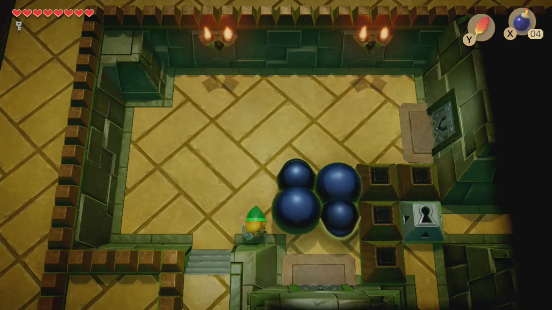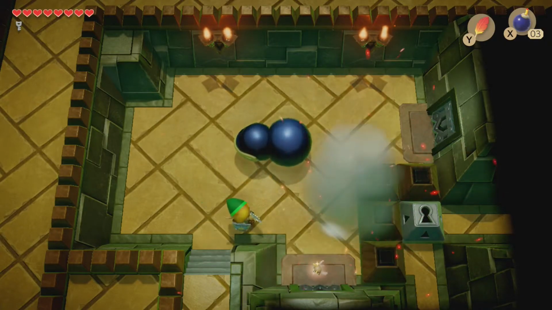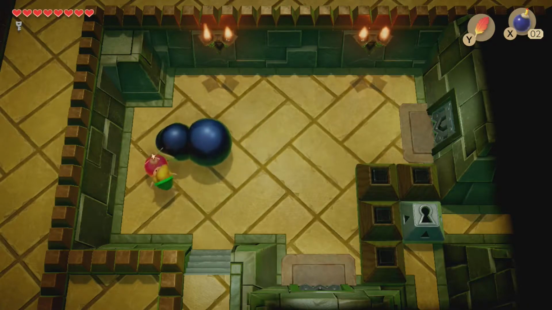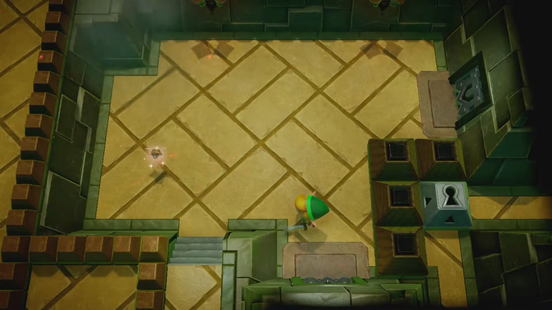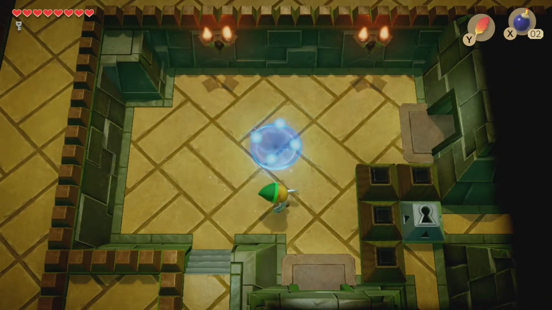Now they're in the way of each other. We can't really accomplish anything like this. That guy will swallow that bomb. We have one down. Uh-oh. There we go. Both of them down, which means we will now receive a portal out of here, as well